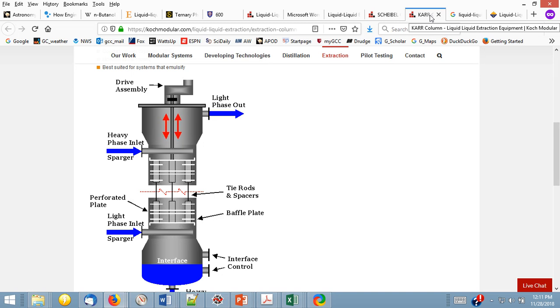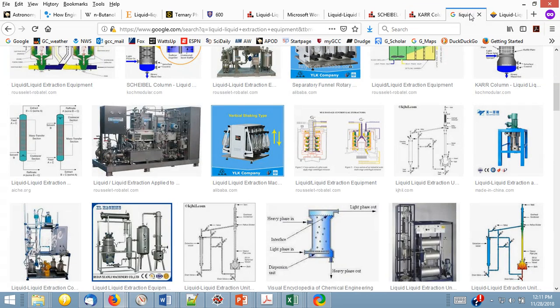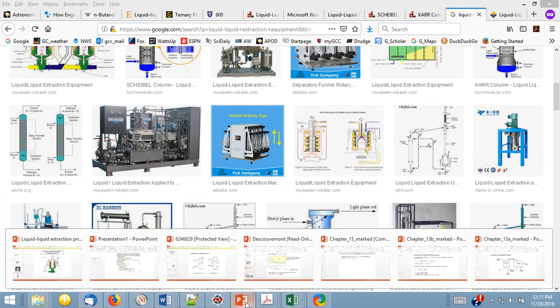There are other columns that are sort of like this, except that these plates with holes in them are fixed, and what they do is they pulse the fluid. So by pulsing the fluid up and down through those holes, you also generate droplets and so on to generate surface area. So there's really a large variety of these kinds of pieces of equipment, and you can find all kinds. All right, so with that background, let's jump back into